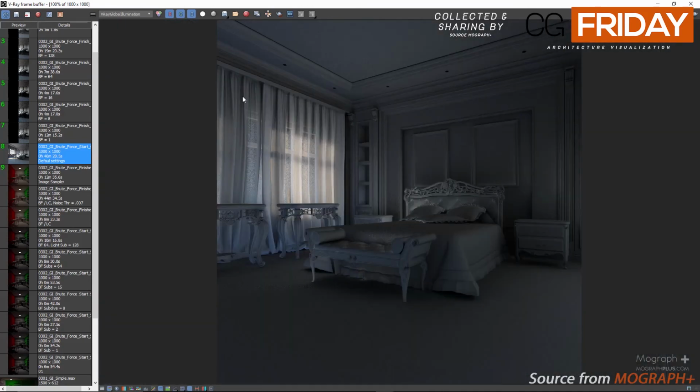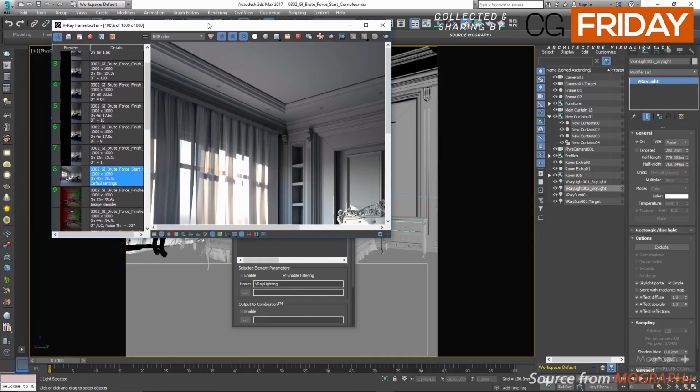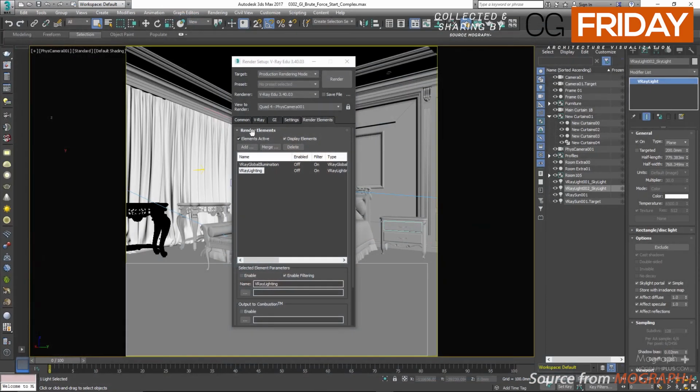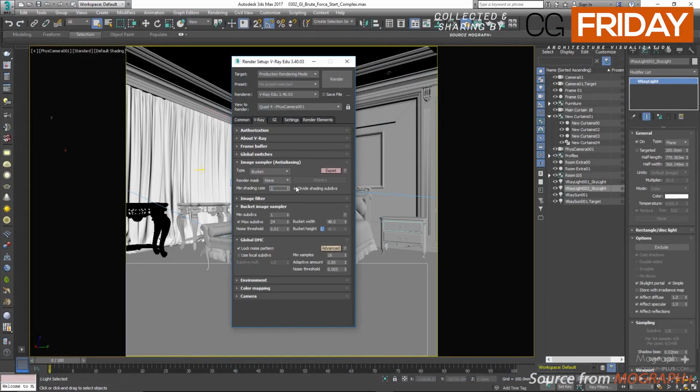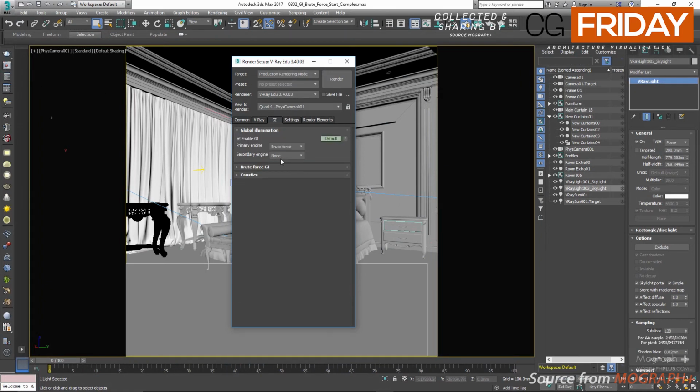Now let's go back to our render settings and make sure min shading rate is 1 and divide shading subdivs is disabled. Increase the noise threshold to 0.1 and enable use local subdivs. And let's render the scene with the subdivs set to 1, 8, 16, 64 and 128, and let's see what